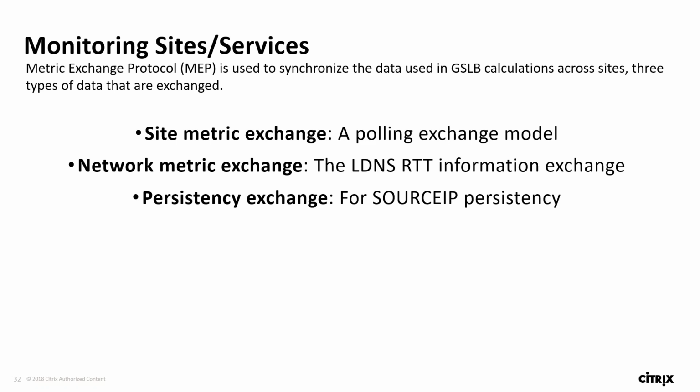Now, the site metrics exchange is a polling exchange model. Every second, Site A queries Site B for the status of the GSLB service, and Site B responds with the status and other load balancing details. Now, the network metric exchange, the LDNS RTT information exchange, which is used in the dynamic proximity